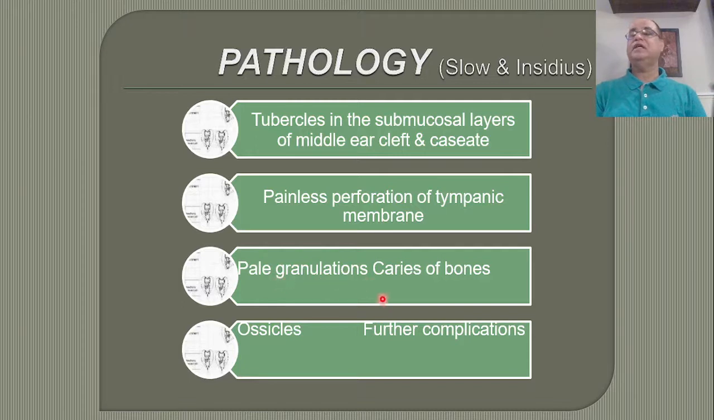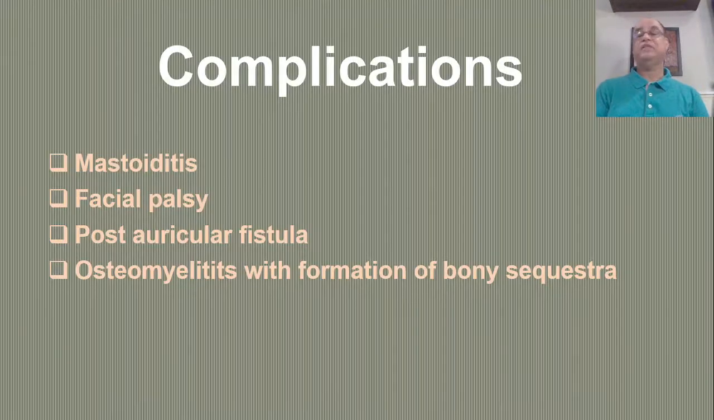Granulations, if these are there, will be pale granulations as compared to reddish granulations in case of the atticoantral type of chronic suppurative otitis media, but it leads to caries of the bones, and even the ossicles are necrosed, and then later on further complications can also occur like mastoiditis,